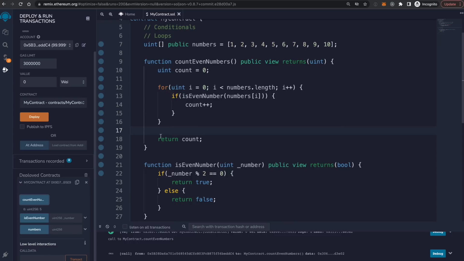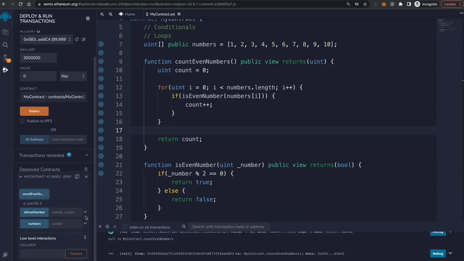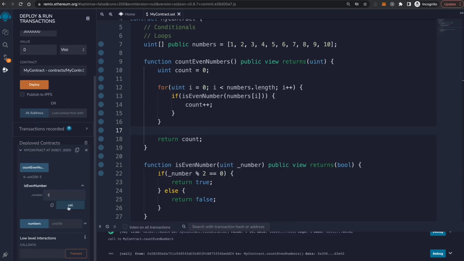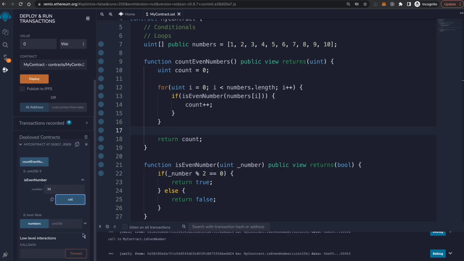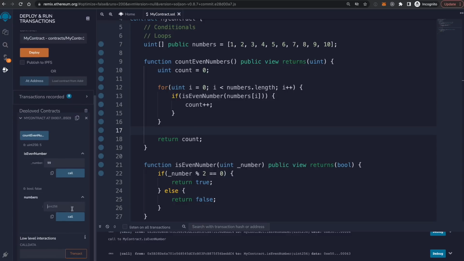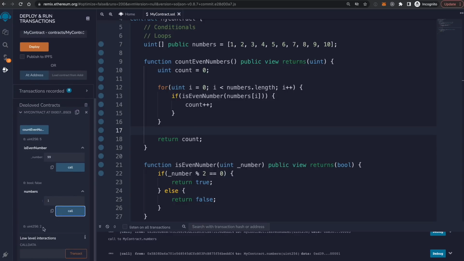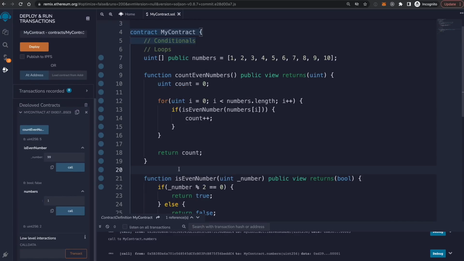So this is working. And then let's see, is number even? All right, we can see is number even, 1, so false. Number 2 is true. 100 is also true. And 99 should be false. All right, so that's working. We can also read the numbers from the mapping, from the array like this. Okay, awesome. All right, so the last thing I want to show you is how to use a quick one-liner